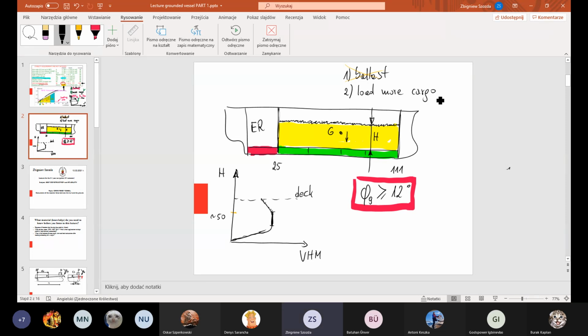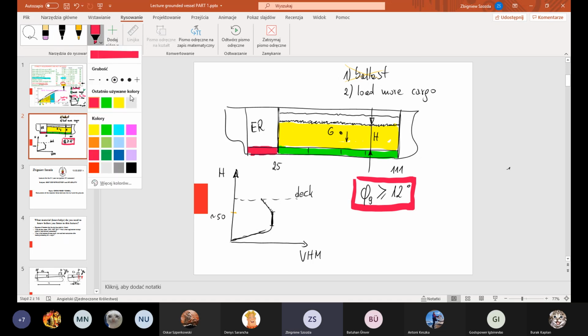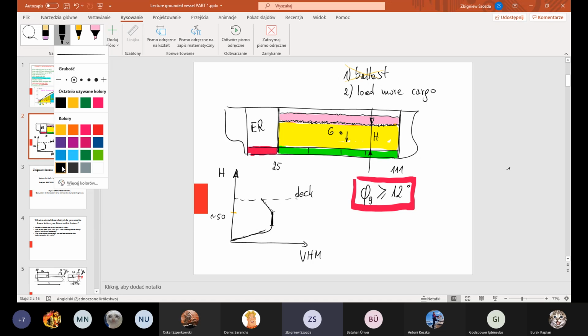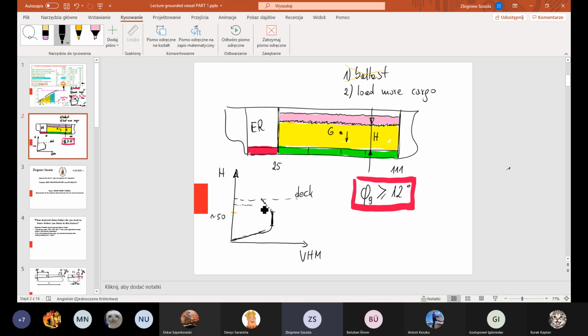into the hold, more grain cargo into the hold. For example, to achieve such level. Okay, additional cargo. I will put which color? Let's say it will be such color. Yeah, additional cargo. And where is the advantage? Where is the advantage of doing so? The advantage is that if the height of the cargo level is bigger,